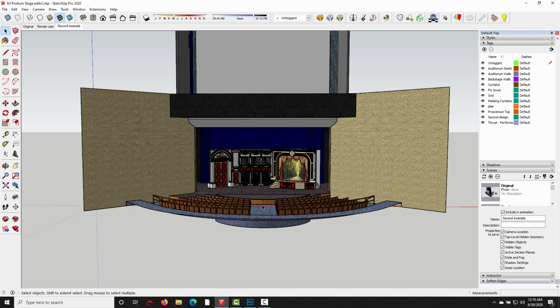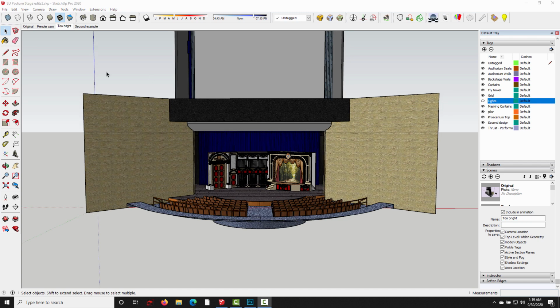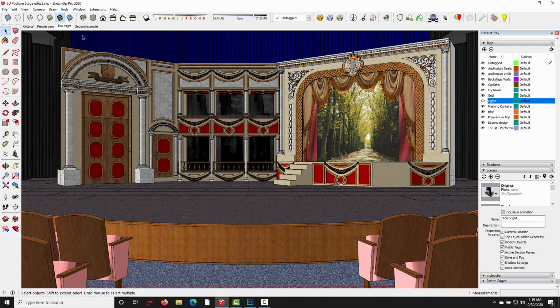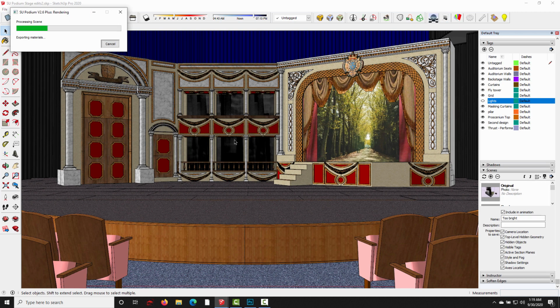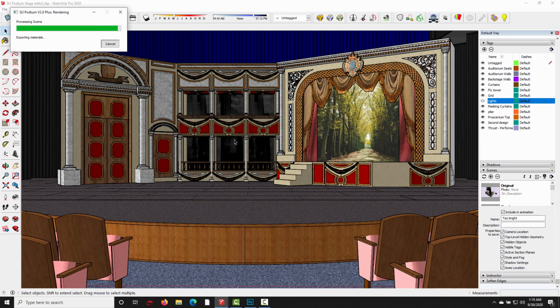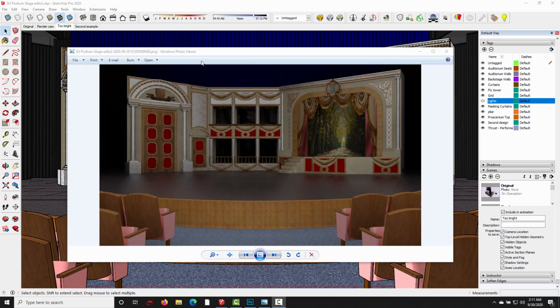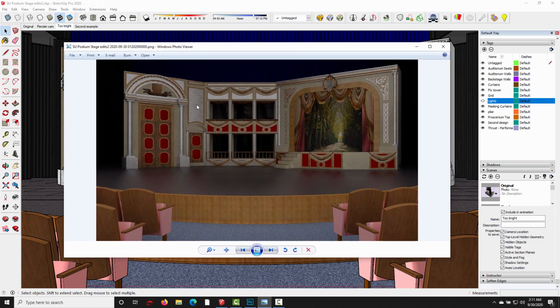Options dialog. And before we move on, I just want to make a render with the light gray background to show you why it doesn't really work for a theater scene. So I'm going to go back into that camera view and press the render button, and I'll pause the video for 1 second. Alright, this test render finished in about 2 minutes and 15 seconds, and it should be pretty